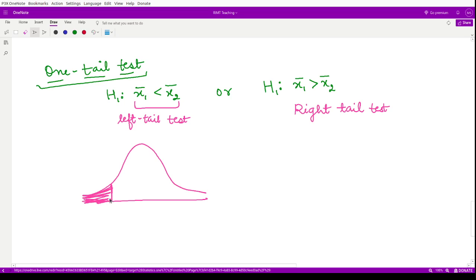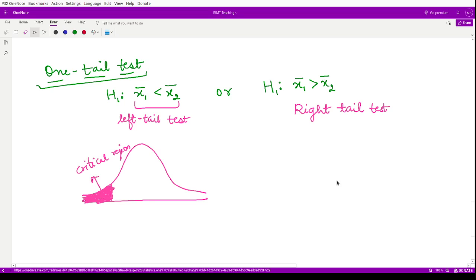So that means we only have this left portion of the critical region, the left shaded region. So this is only our critical region here. So we will reject only when your value lies within this particular region, and otherwise we will accept the null